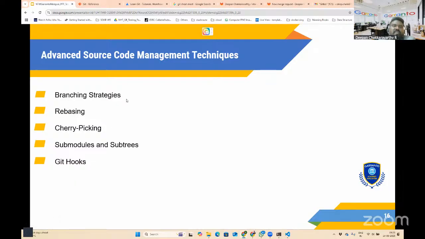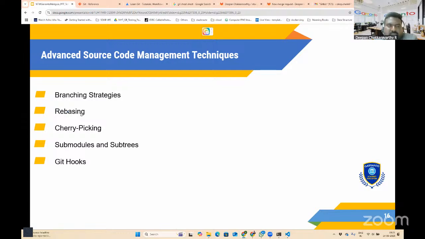Some of the other stuff that you can try out, like I mentioned, you can explore branching strategies. This is key to manage the changes. We did merge. You can also explore what rebasing is. Rebasing is not about merge, like the name suggests. It will actually place all the commits next to the commits. It won't typically merge. And then you can see what cherry picking is.